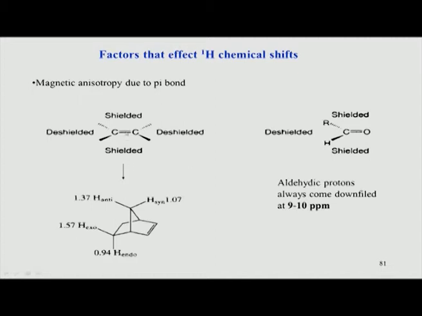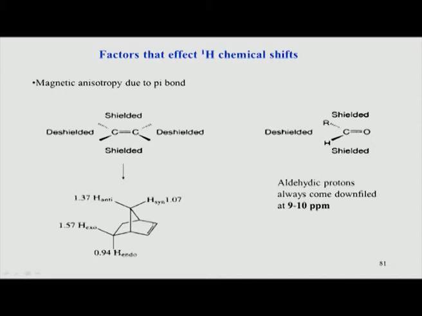Again, if you look at this particular molecule, there is a pi bond here. This particular region is the shielded region, that is, more electron density here compared to this region of the carbon. So any hydrogen which is located on this side will be de-shielded, meaning it will come at a higher ppm value compared to a hydrogen atom which is located above this C double bond C. That is what is shown here in this particular molecule.